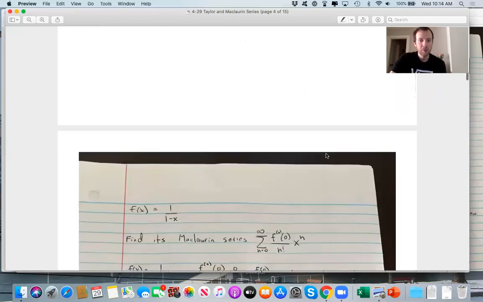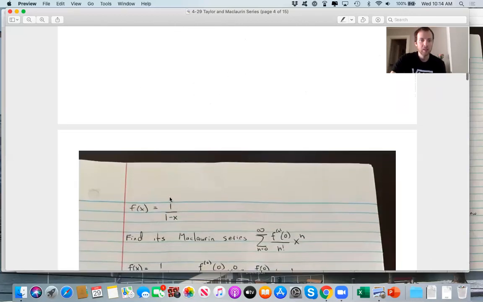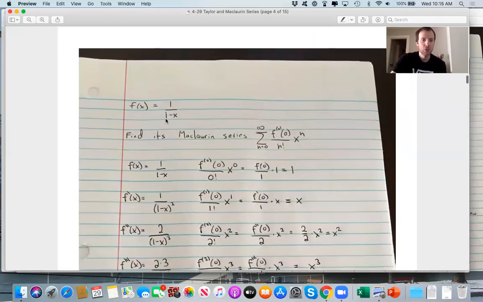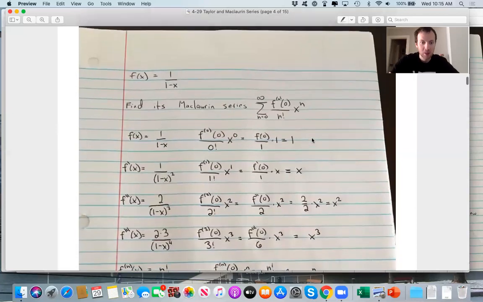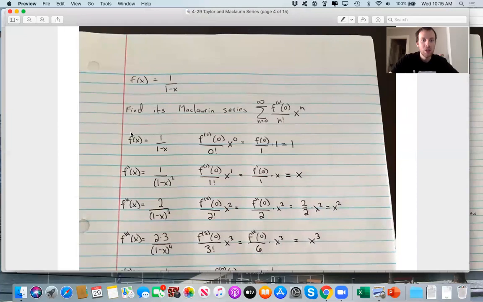So for example, let's look at this function 1 over 1 minus x and find its Maclaurin series using the formula. So in this case, what we see, and I'll just go down the columns here, if you keep taking the derivative, we get different functions every time. So 1 over 1 minus x,